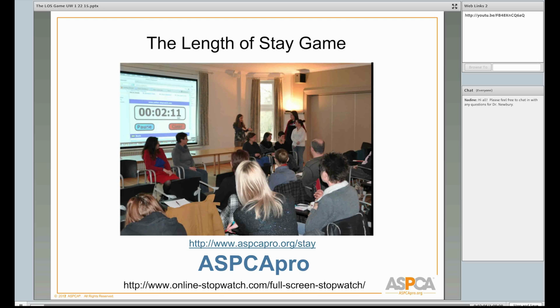The fundamental idea with the game, and you'll get this from everything I'm going to talk about today, is that the longer animals on average stay in a shelter, the longer the average length of stay, that can make a population grow and grow. The way we think about the daily population is if you have 5 animals come in every day and they each stay for 5 days, on average you're going to have about 25 animals in the shelter every day. The same 5 animals come in on average every day, but each one of those animals stays for 10 days. Now you're going to have twice as many animals in your shelter every day, right?